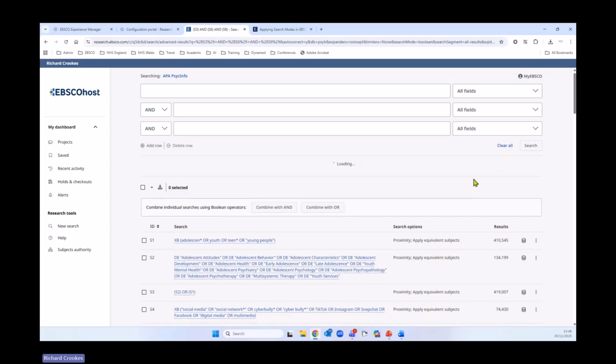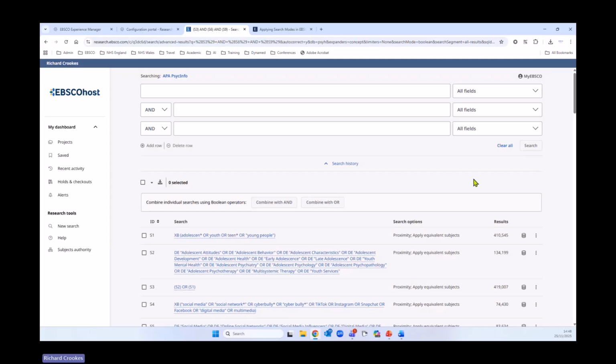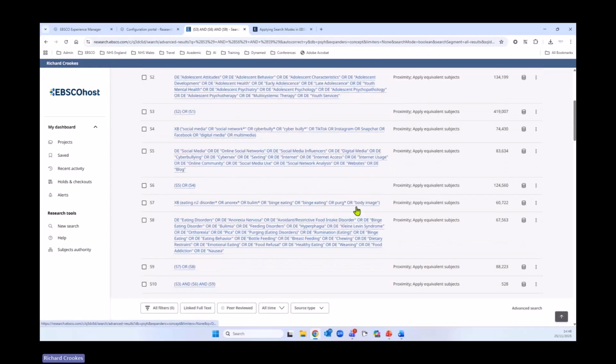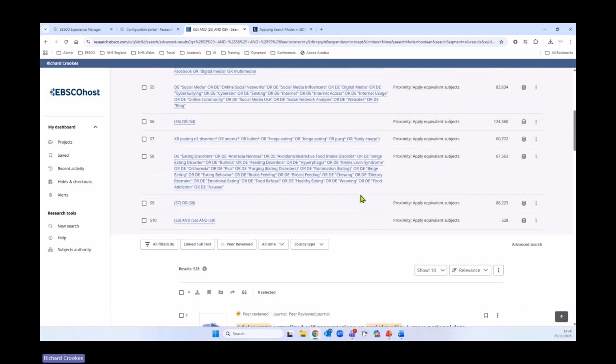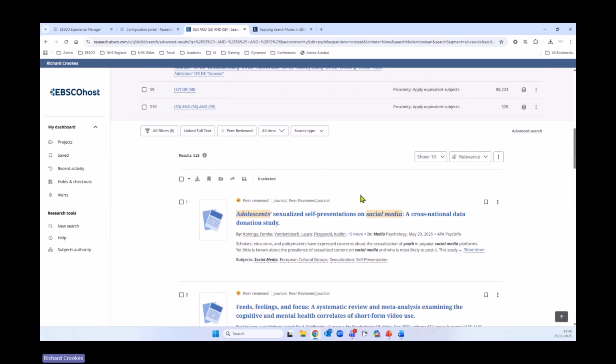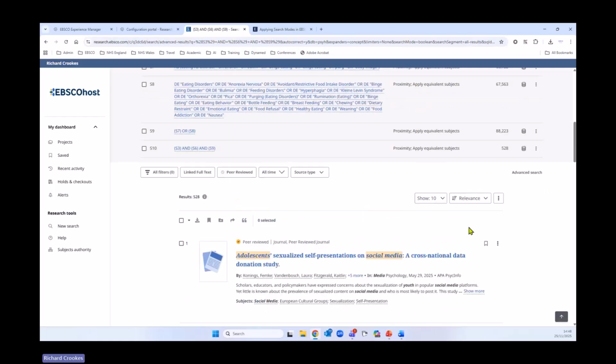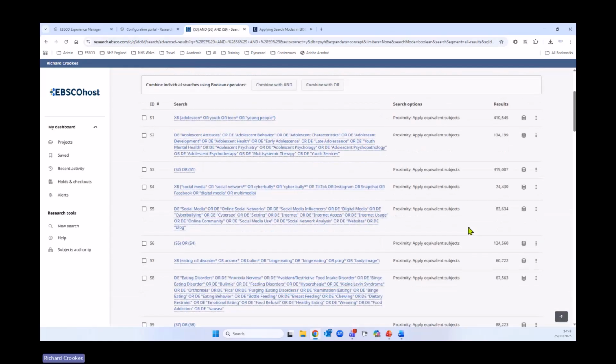Now I've done variations of this, so I may end up with fewer or more than I had before, but we'll see. Okay, so we scroll down, and you see we've got over 500 records here, which is a good number. Now, you could leave it as this, of course, and just to also highlight in the search history, we've got